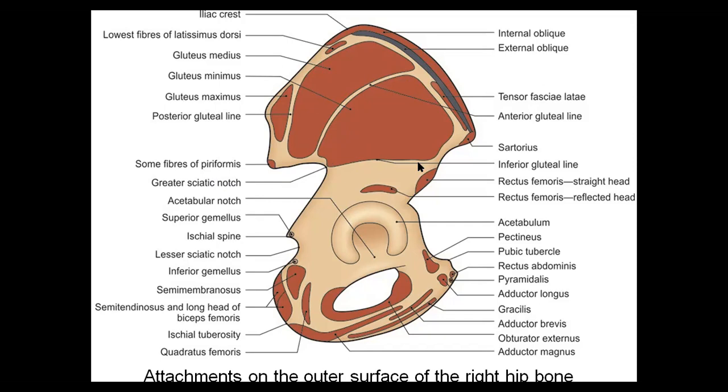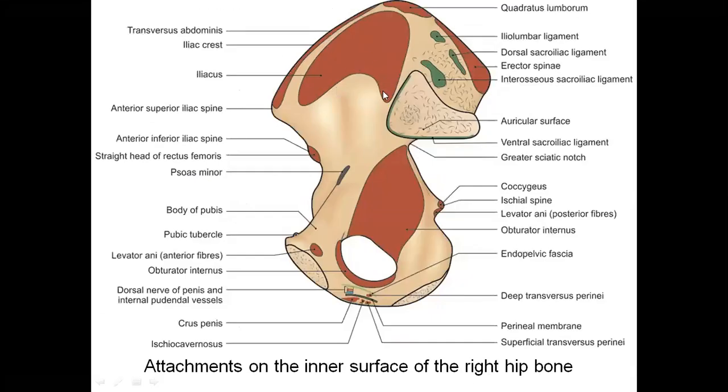Now coming to the inner surface. We know this area is the iliac fossa. Iliac fossa is giving attachment or origin to the iliacus. At the inner lip of the iliac crest, you are finding the transversus abdominis taking its origin. This is one of the muscles of the anterior abdominal wall. Then you have certain other structures like quadratus lumborum. As you go more behind, in the dorsal segment, at the outer lip or outer slope, we see the origin of erector spinae.